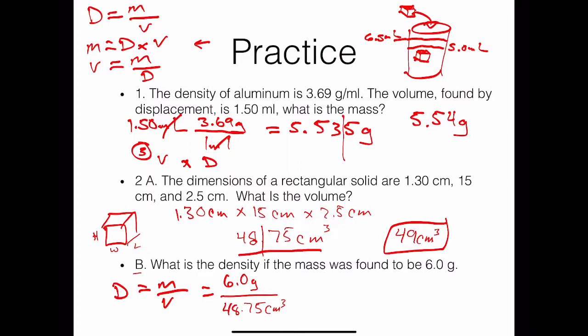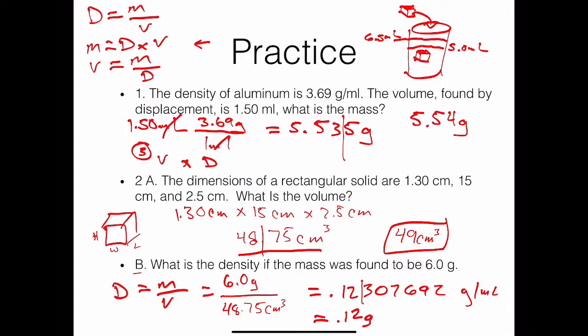When I put this in the calculator, 6.0 divided by 48.75, this gives me 0.1230769 grams per milliliter, grams per cubic centimeter. Remember, both of those units are equal. Now I want to make sure that I'm observing sig figs. I need to round this answer to two sig figs based on the number 6.0. So I'm going to cut it off right here. The 3 rounds the 2 down, or rather keeps it the same. So this ends up being